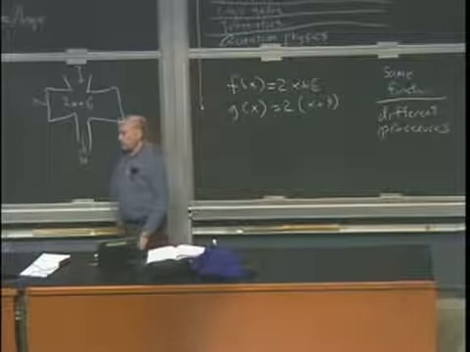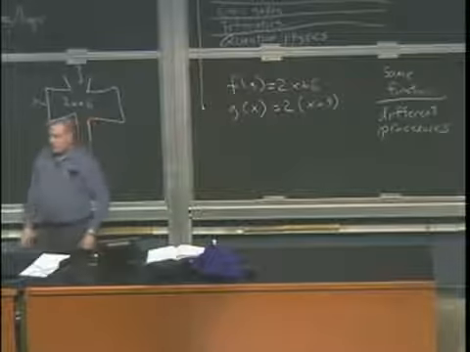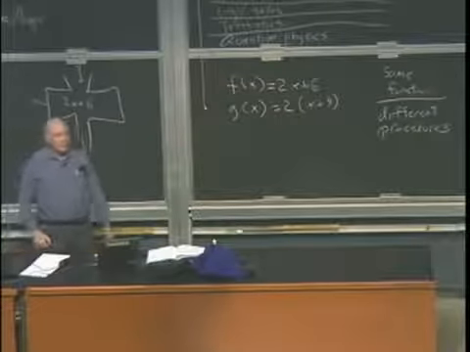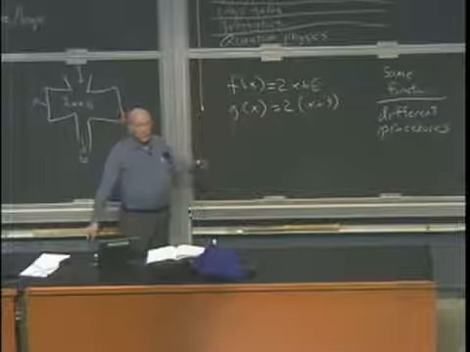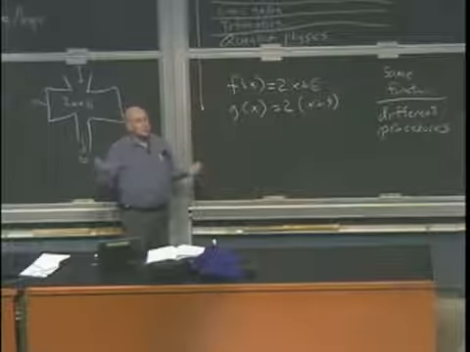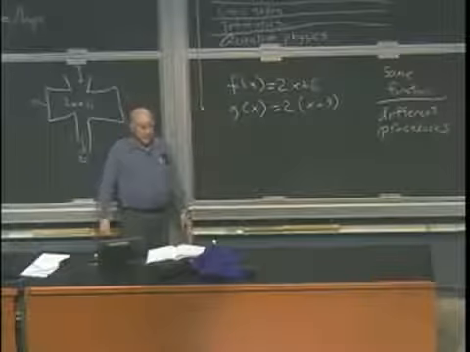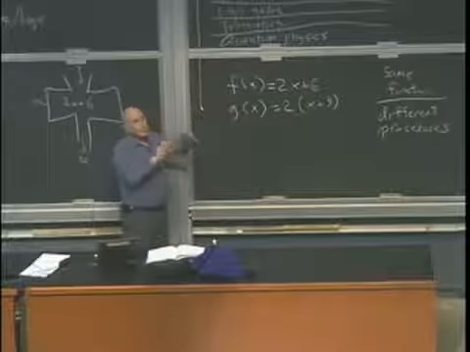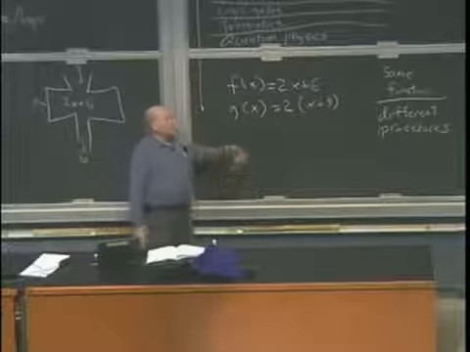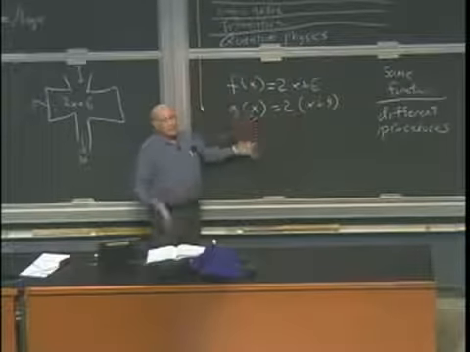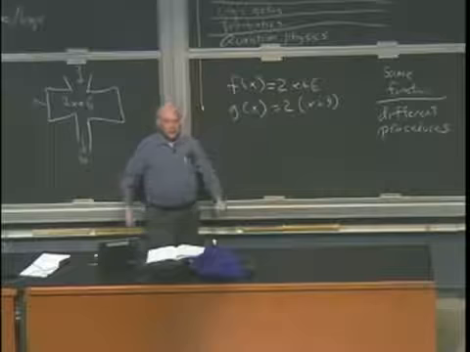Because of that, it's kind of like what I said about the different kinds of names for arguments last time. Almost always, I will use the words function and procedure as if they meant the same thing. But every once in a while, it's important to call attention to the difference. And I'll say, well, these are the same function, but they're different procedures, or something like that. And you'll understand what I meant. Yes?